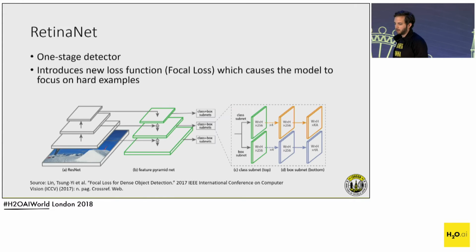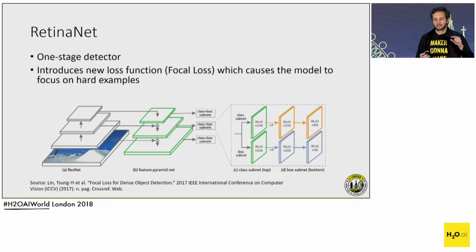Then the second one that has shown promise is RetinaNet. This doesn't have 2 stages like Faster-RCNN does. This is a 1-stage detector. But the thing that makes this one unique is that they introduced a new loss function that hasn't really been used before, and that helps the 1-stage detectors. One benefit of the 1-stage detectors is that they're a lot faster than 2 stages. So what this loss function does actually is